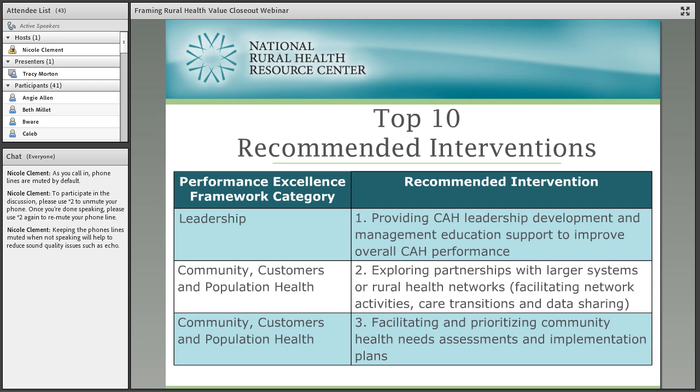Great. You know, I've heard you say a couple of times the word partnership, and I think whether or not the case study hospital chose to affiliate or be part of a large health system or to be involved with an ACO or to stay independent, really partnership is what it boils down to, is that they need to not be operating just out in left field by themselves and really need to connect in with one another. I know in North Carolina that you have some networks that share some data. Can you talk a little bit about some of the network work that you have going on in North Carolina?